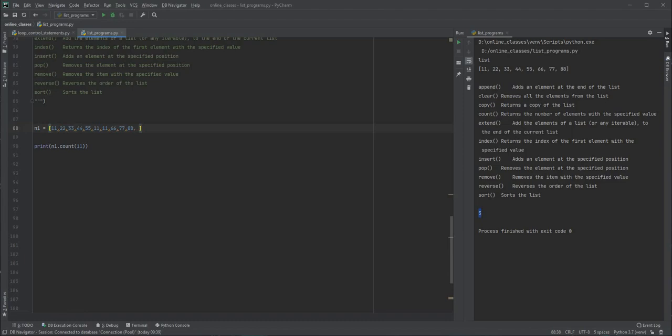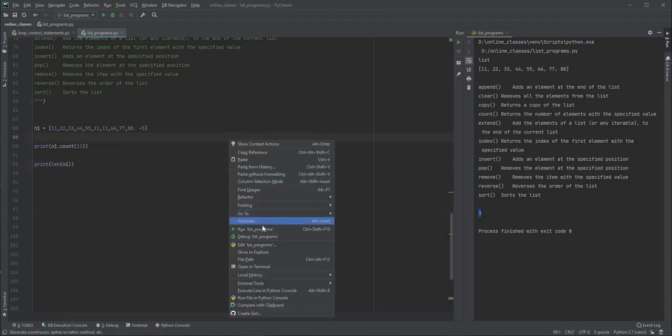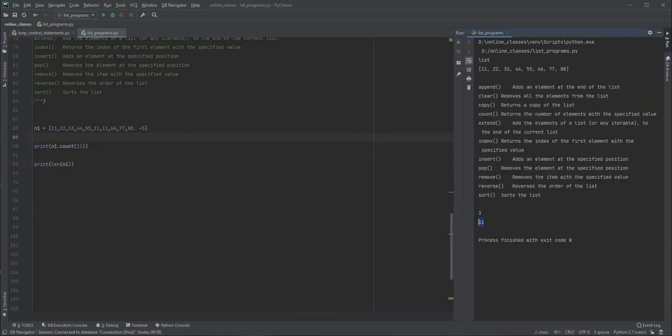So here let me add a value called -5. Now we have some Python functions which we can use on this list as well. That is printing the entire length of n1. It is going to give the number of elements present inside the list. Similarly, we can print the minimum value.